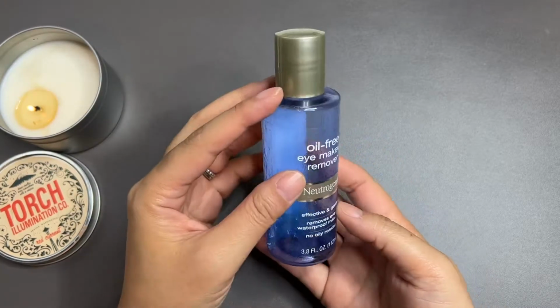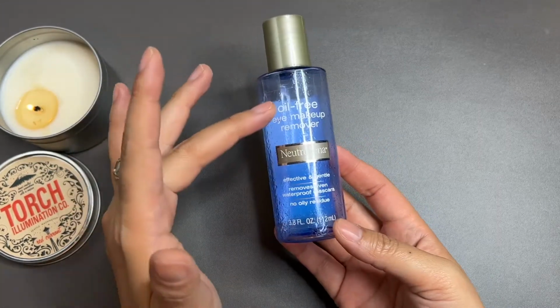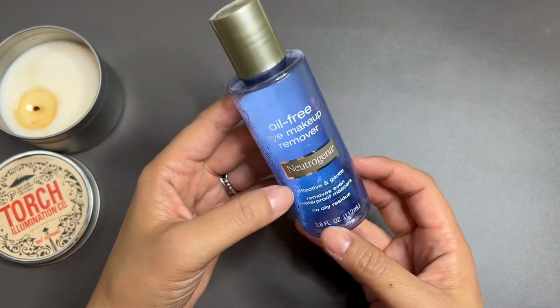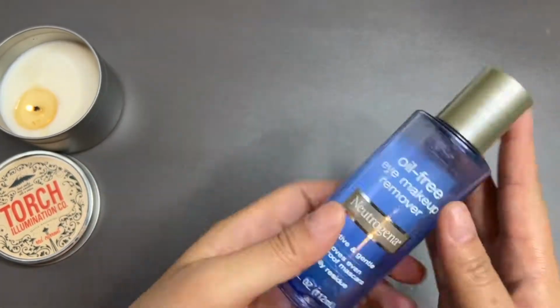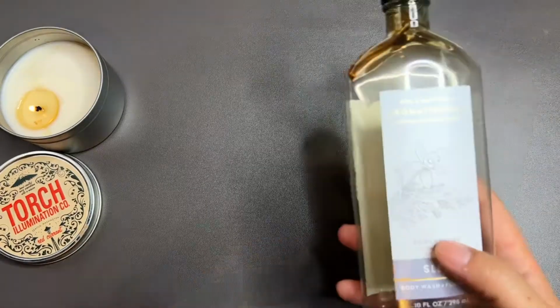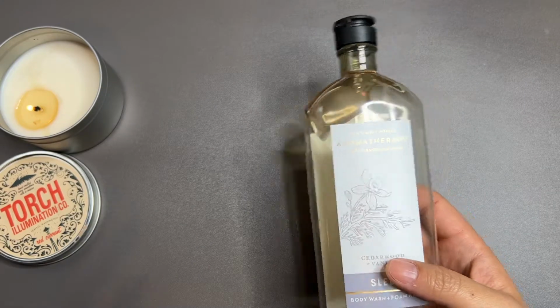This is one of the best makeup removers at the drugstore, the oil-free eye makeup remover. I like it better than the Swipies, and it usually does a good job. You usually give it a good mix, and it does a great job at removing your eye makeup, so would recommend. I don't know about you, but I enjoy empties because I like to see what people actually used up,